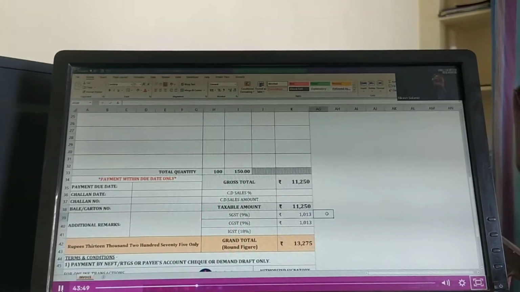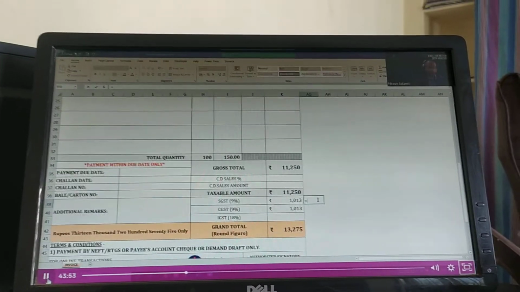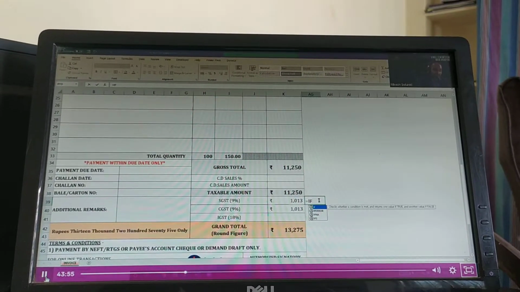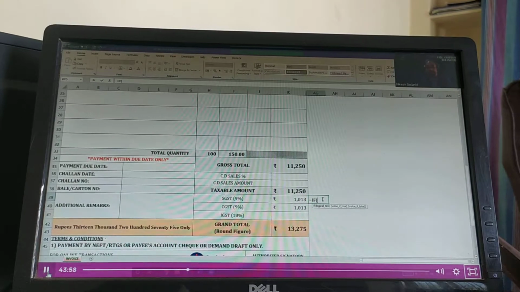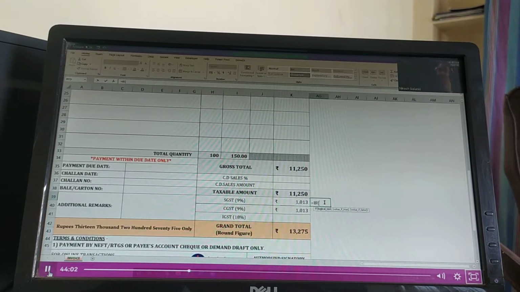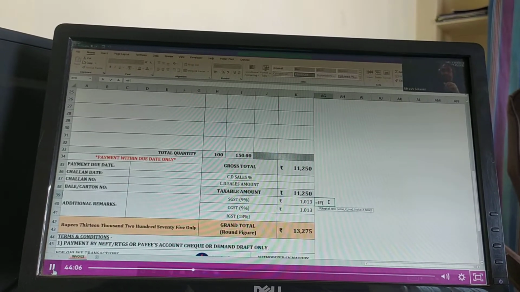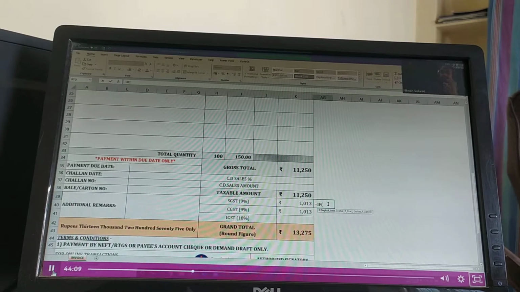So if is a formula wherein you just have to type in is equal to and just type in if. Now when you type if, as I said yesterday, जब मैंने आपको कल explain किया, जब भी आपको कोई formula लिखना है, you have to start with is equal to and write the if. If is nothing but हम जो भी बोलते हैं हिंदी में, अगर ऐसा हुआ तो.